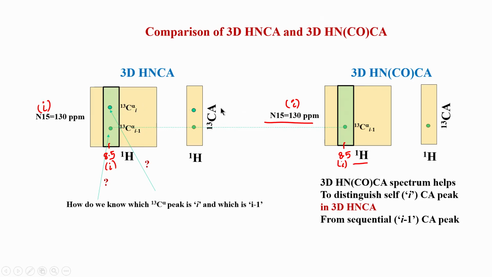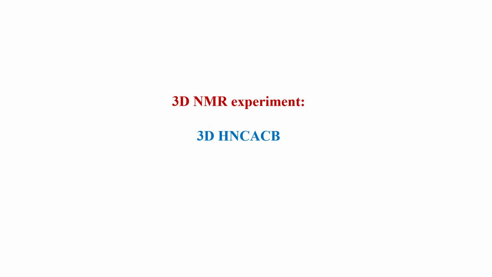So, let us move on to the next experiment, which is 3D HNCA-Cb. This is a very useful experiment for assignments, and it will build on our knowledge from HNCA. We have seen what an HNCA experiment is. As the name suggests, we are going one step further, and we are going to correlate C beta and C alpha to N and H. There is nothing in brackets here, if you notice carefully. Remember, if you have something in brackets, then that nucleus is not evolved in chemical shift, but here we are evolving all of them. So, this is an HNCA-Cb experiment. Let us see how this works.